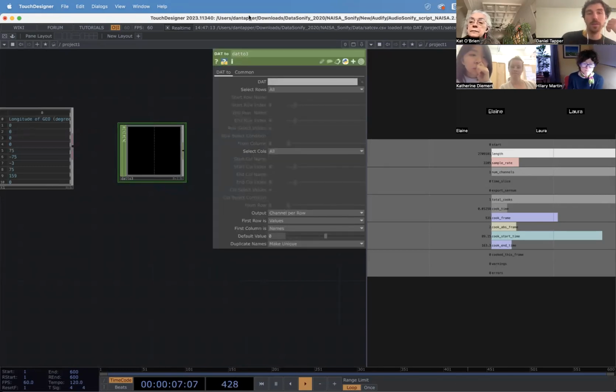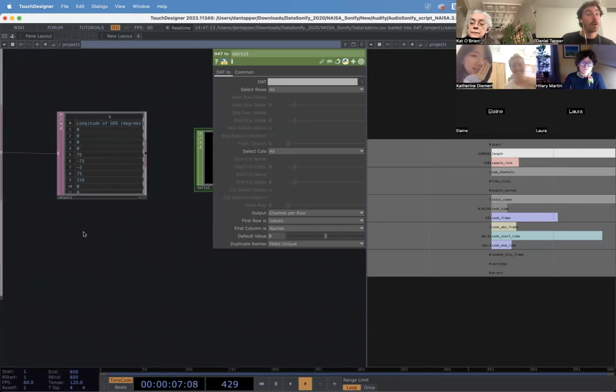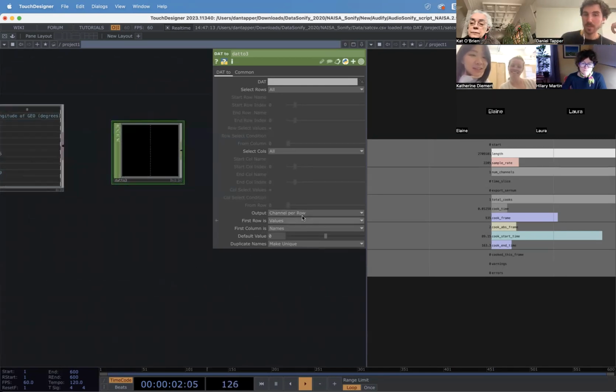The basis of it is that it's going to create a channel per row. If you have a long row of information, it will create a channel, which we can think of as a waveform. But we don't want to do that for the row because our rows have all this other data, like the naming of the thing. We just want the column, everything underneath longitude of geo degrees, all that good stuff. So on the output we say channel per column,